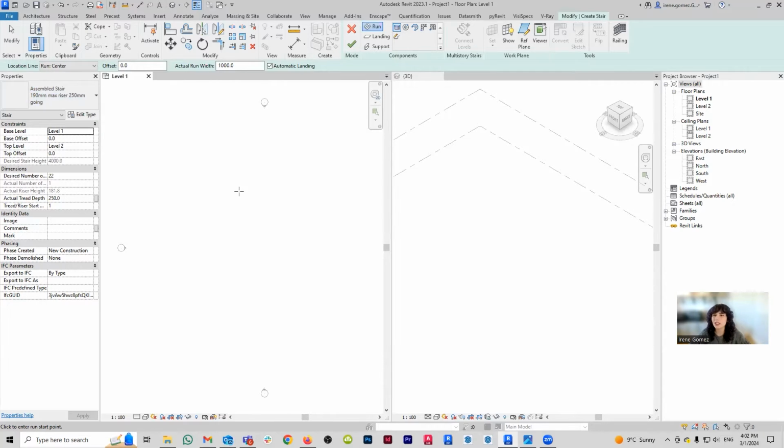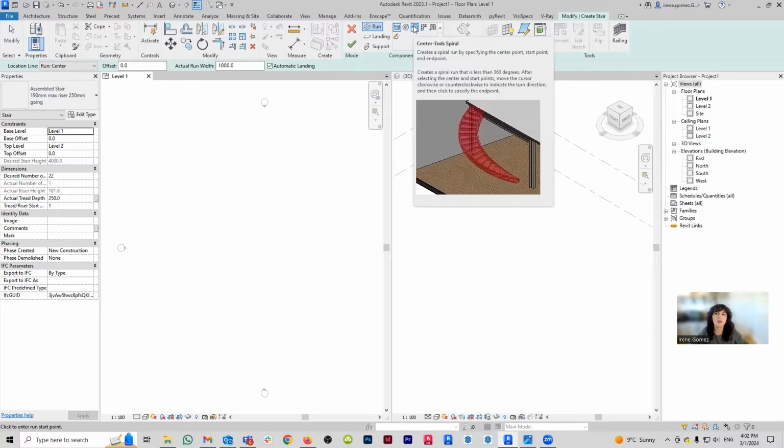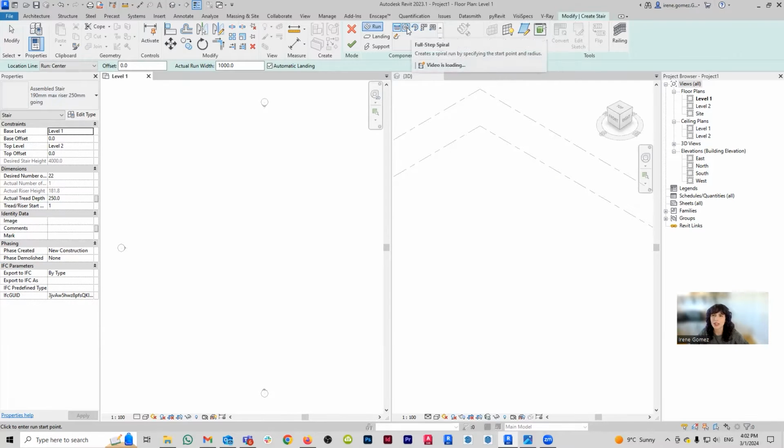Now, what will be different this time is that instead of starting with my straight run, which is usually my go-to, I'm going to go instead with either Full-Step Spiral or Center-Ends Spiral. To be honest with you, I find that both of them get the job done the same for me. So I'm going to go just with my spiral stair here.